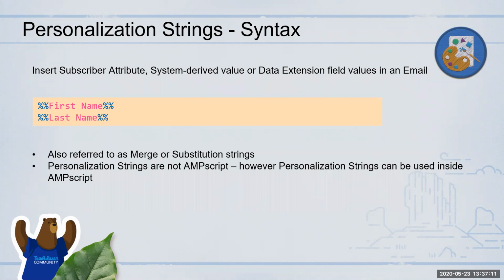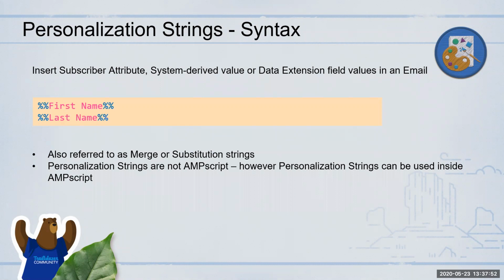But they're not very powerful. Certain small values that you need, you'll be able to get to. For instance, if you have their first name, last name, or some attribute that you have about the particular subscriber, or if it's in a data extension field of the data extension that you're sending to. So it's quite useful. If you want to quickly show that information inside your HTML email, then it's pretty easy to just put that in there. The syntax for a personalization string that you see here is a percentage sign, and then the name of the attribute or the system derived attribute provided by the documentation, which you can use.